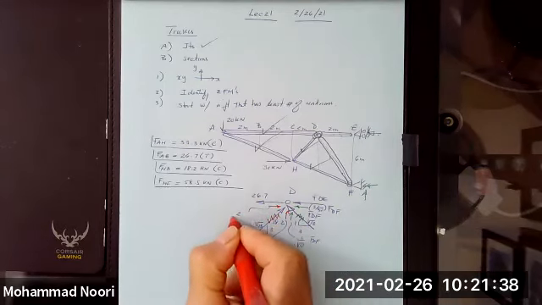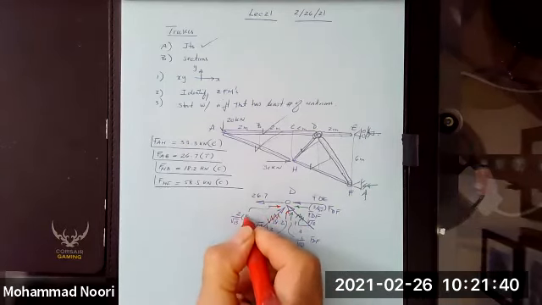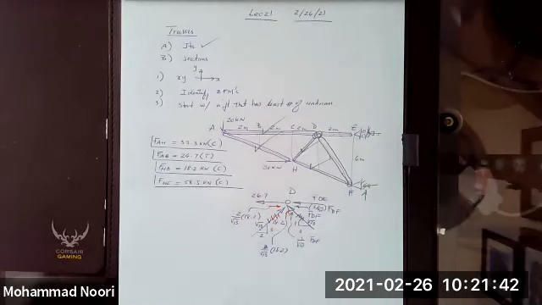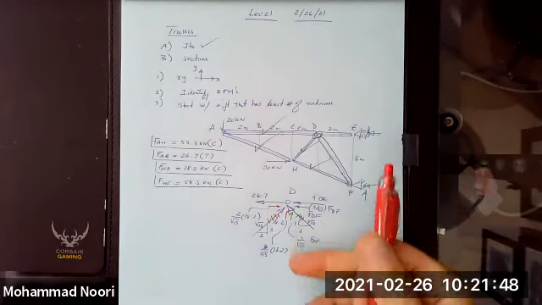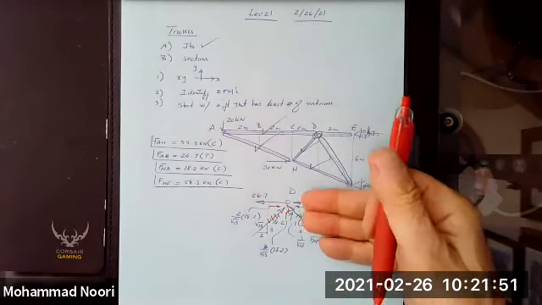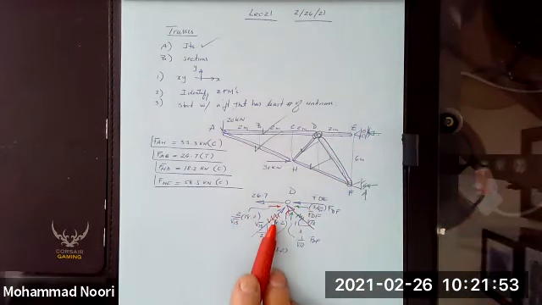This one is 2 over square root 13 times 18.2. Okay, so since I have two unknowns, if I project them along the x-axis, whereas only one along the y-axis, I